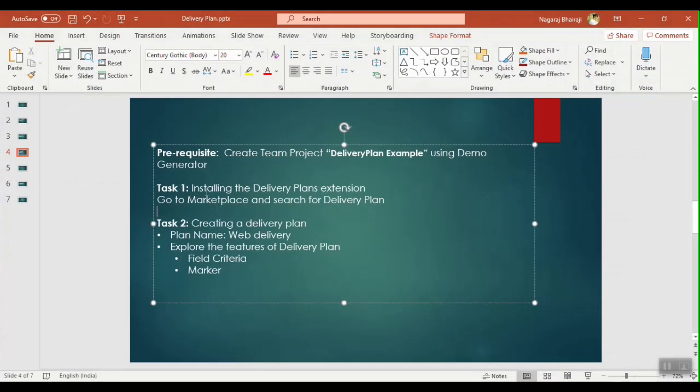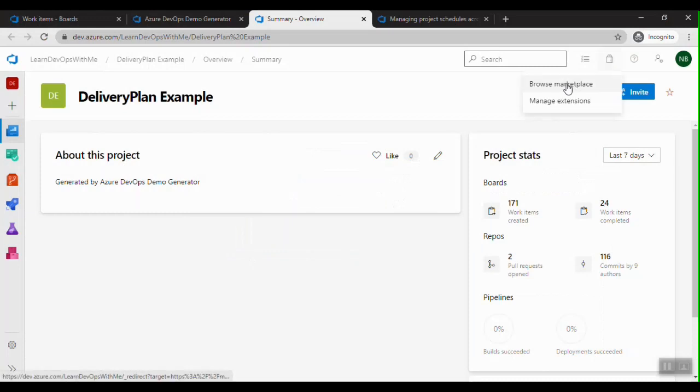So the next task is basically installing the delivery plans extension. We have to go to the Visual Studio Marketplace and install the extension. And after installing the extension, we'll go and create the delivery plan and explore the features of the delivery plans. I'll click on Browse Marketplace.